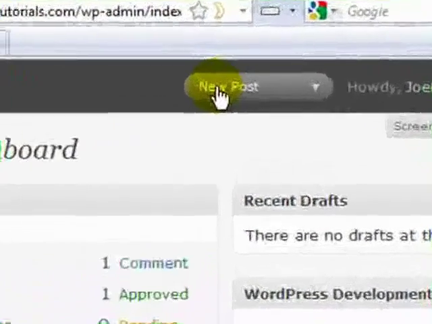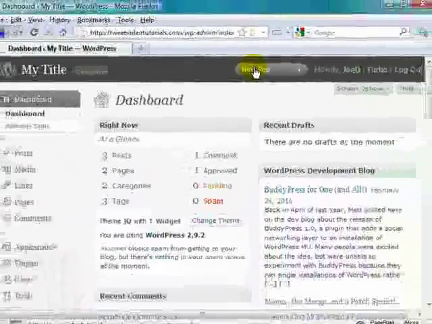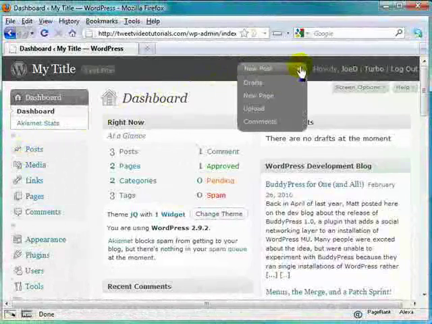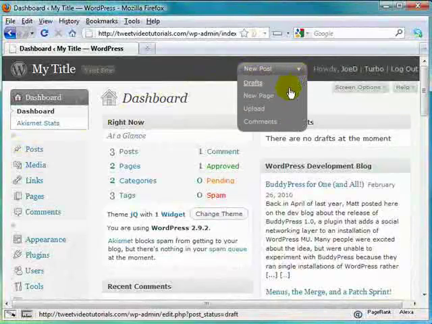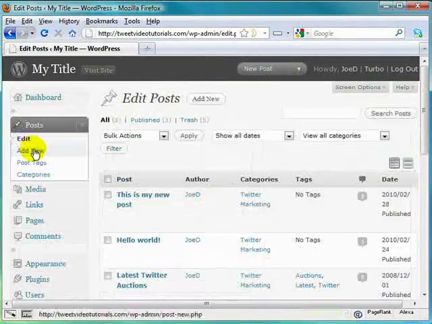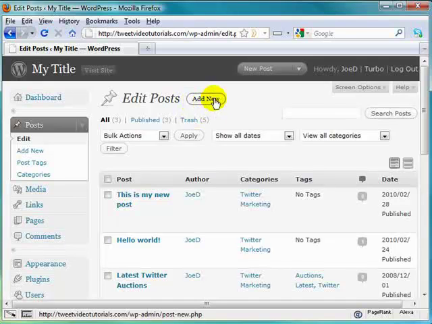Also up at the top here, this will actually navigate you to the same spot that this will. But if you hit that arrow or just hover over it, it'll show you some additional options here as well. Drafts, new page, upload, comments. So if we come on over here, click on post, that'll open up our post section where we can edit the post, we can add new, and it gives us a little bit more information on the current posts that we